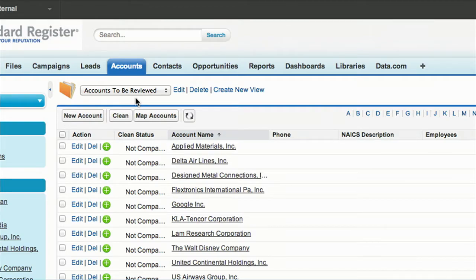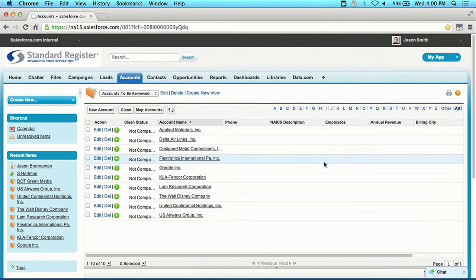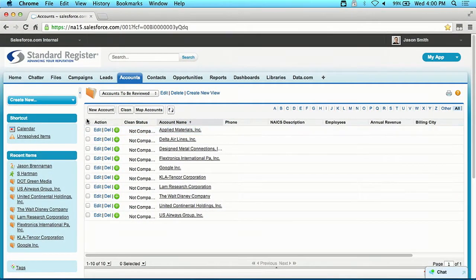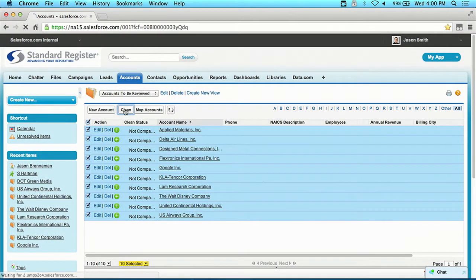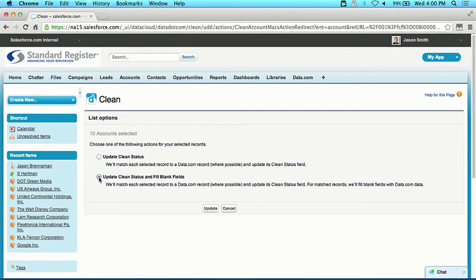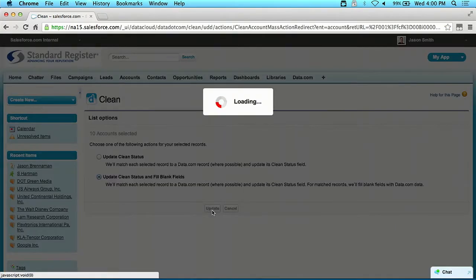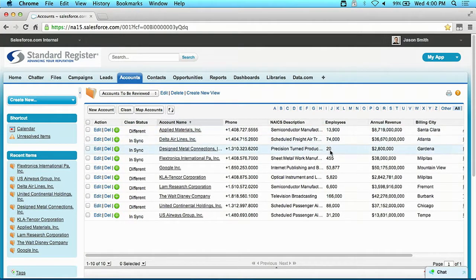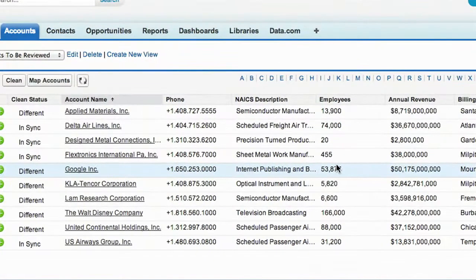And we can also use this to make sure that we route the accounts to the right rep the first time around. Right, so with new list-based clean, we're taking a look at this information, and we can see we have accounts, but we're missing a lot of information. With list-based clean, I can select all these records, not just one, and then with just a few simple clicks, it's pulling all the information from data.com, with no typing, automatically right here, right now, right when I'm actually needing this information, populating this.